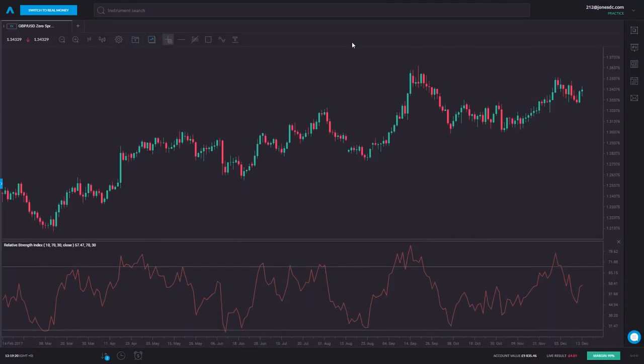I think this idea of divergence is a powerful one. Clearly, as markets move around, we are going to get overbought, oversold signals. It's the nature of market volatility. But these divergence signals are a lot less common, so arguably a bit more reliable. They don't happen that often, like I say, but let's go back in